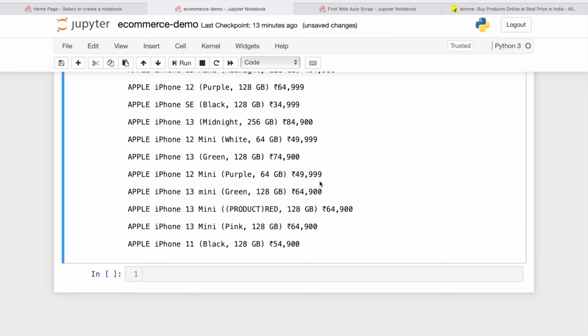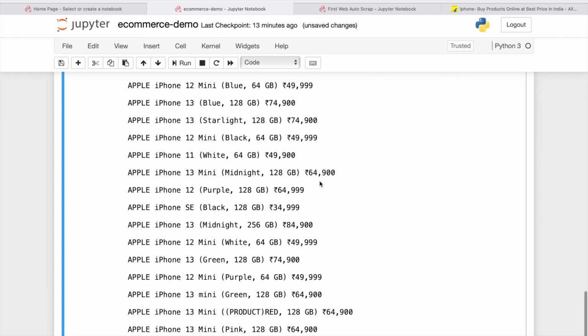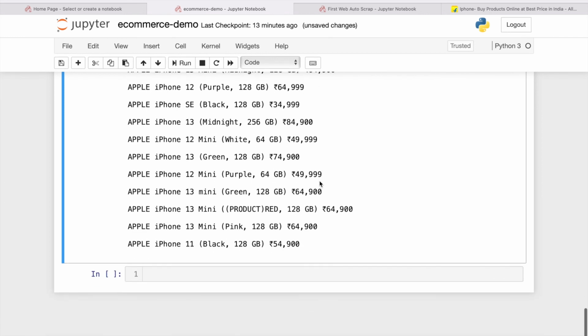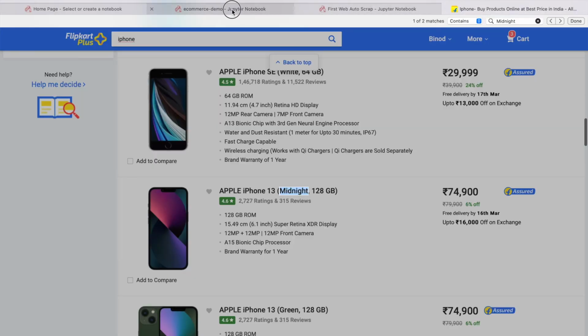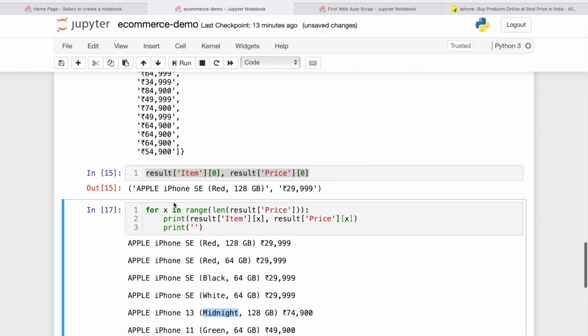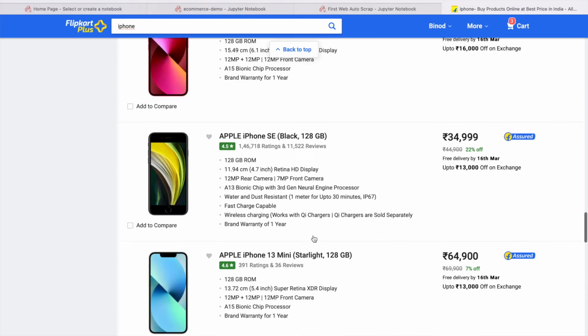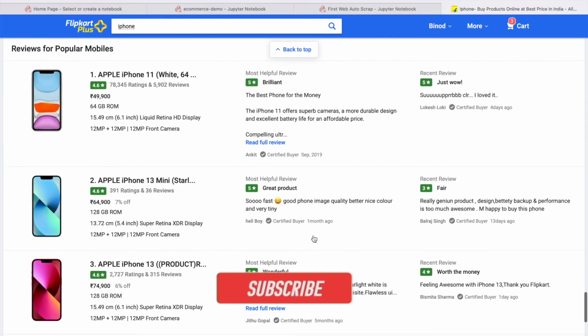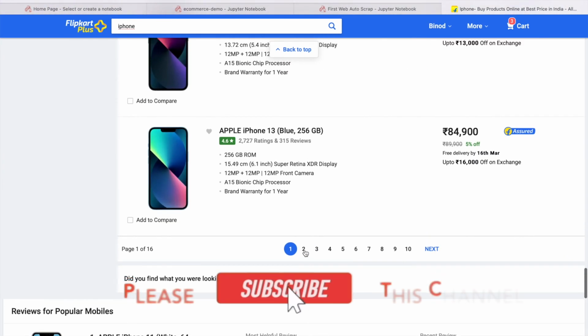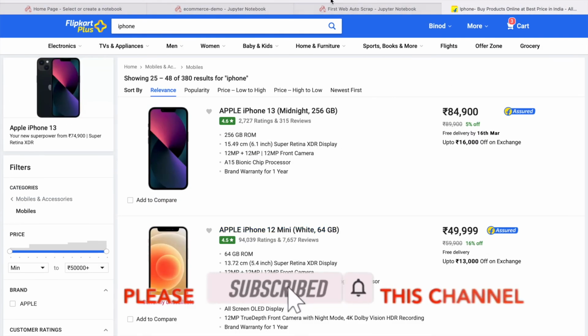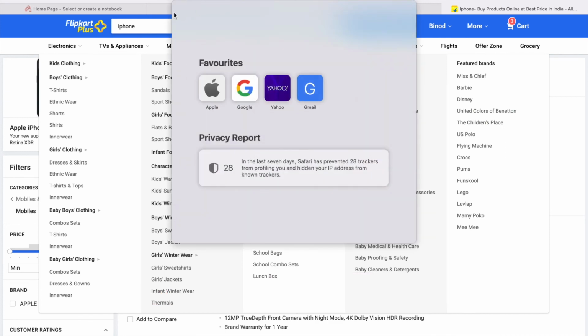The similar way you can do it for Amazon also. So if you want to do Amazon, let me do it fast in Amazon also. Okay, interesting, I forgot that. Now we make this, right? So now even if you change the page, suppose I fetch this first page. Now if you want to fetch the second page information, this time no need to do anything, just copy the URL